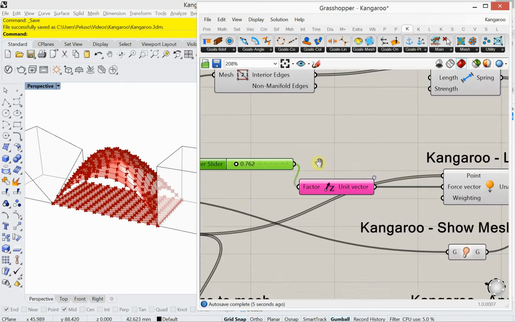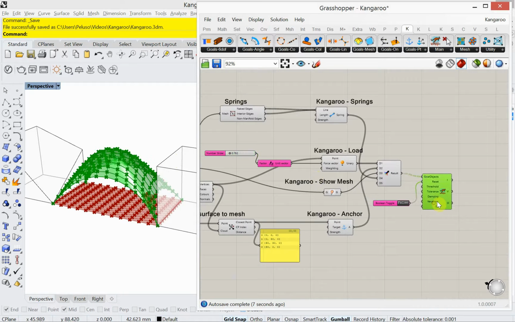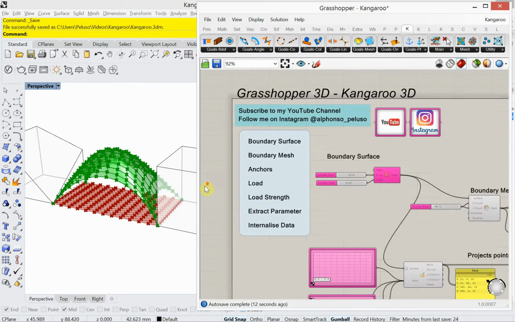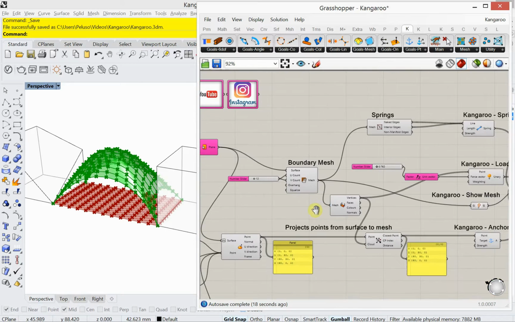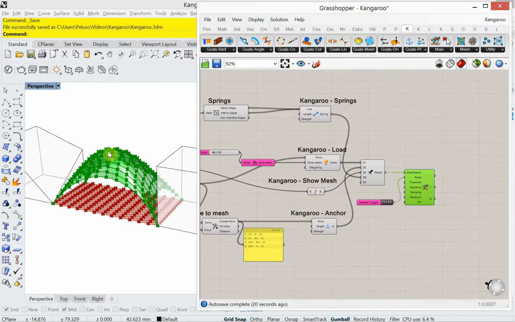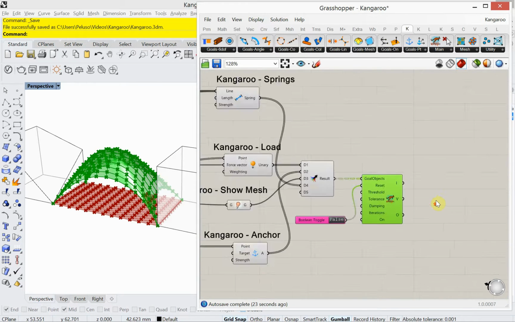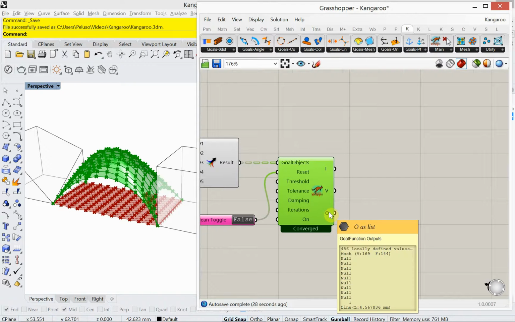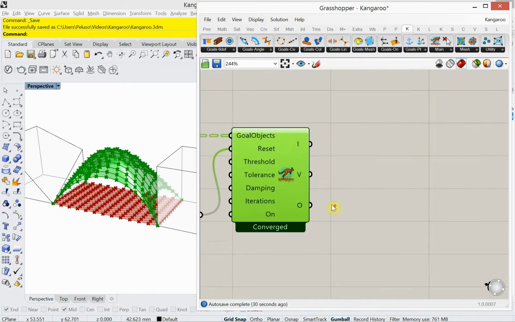So that's working great. Let's do a few things that I mentioned here, which is a load strength, extract parameter, and internalize data. So we have those three to cover. Now, just to see this a little better in the viewport, let's find out where the output of this mesh is. You have I, and we don't have any output for that other than it ran once. We have V,